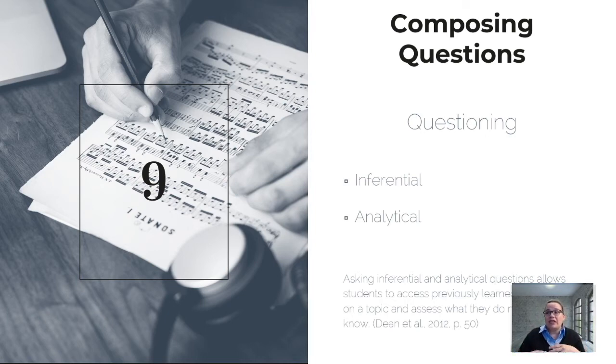Another question would be, do you think the perceived composer's intentions came through? So in their playing, do they believe that? And inferential kinds of questions you might ask in the classroom are, if you were to add some weight to your bow and play closer to the bridge, what kind of sound or feeling would you achieve? So those are just some examples